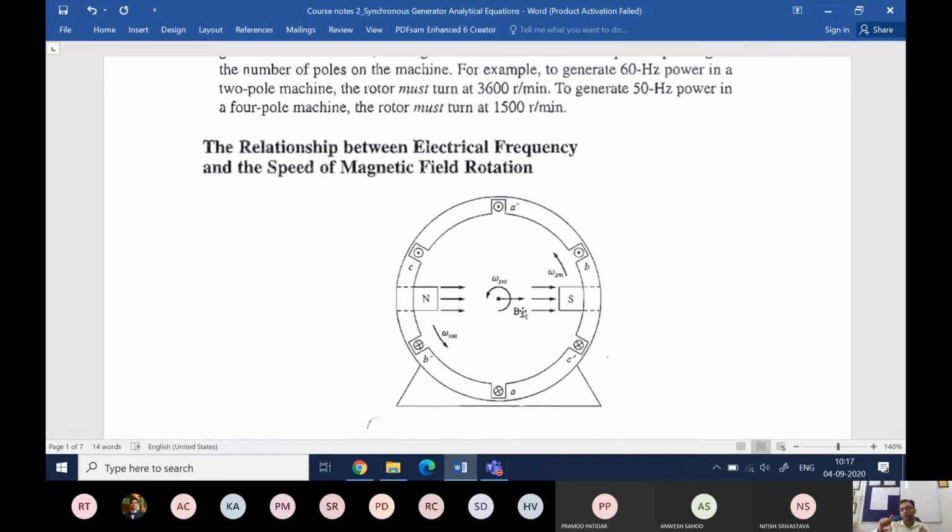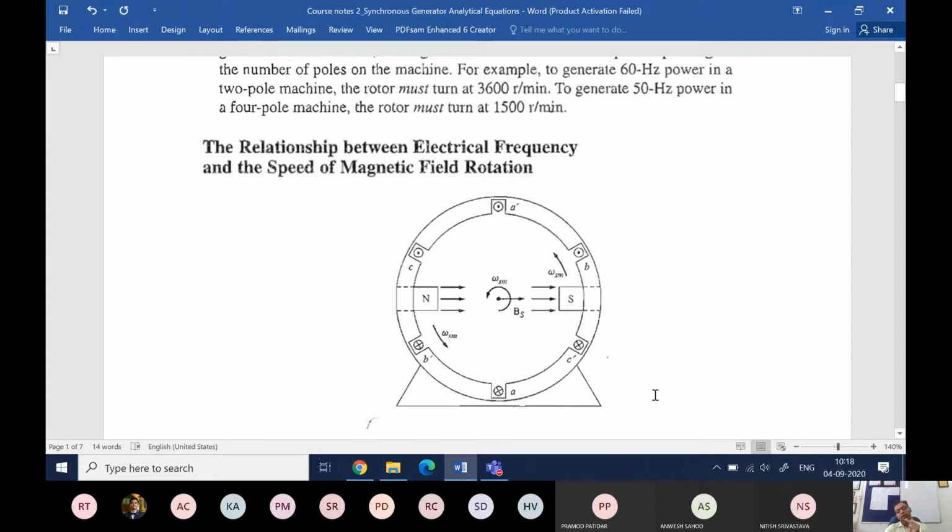So as the rotor starts rotating, there will be an induced EMF because there is a relative motion between the rotor magnetic field and the stationary stator coils. As the rotor completes one complete revolution around its axis, the magnetic field will have completed one entire cycle across each of the coils. So here there are these three coils, A dash, B dash, and C dash. Each one is a coil corresponding to one particular phase. These machines are usually three-phase machines, therefore each phase has one set of coils.